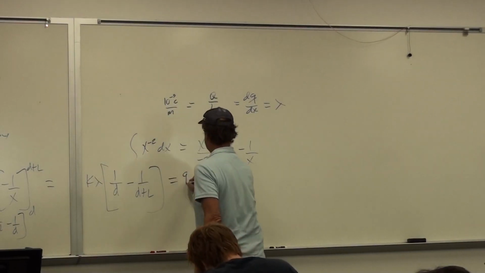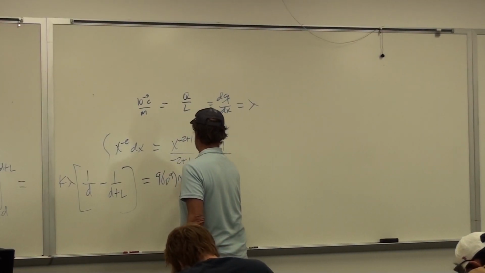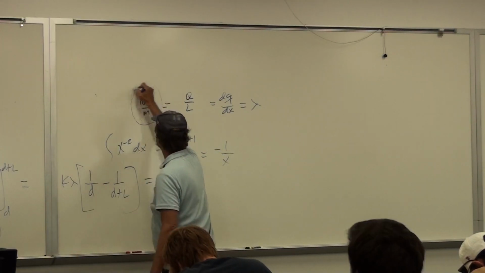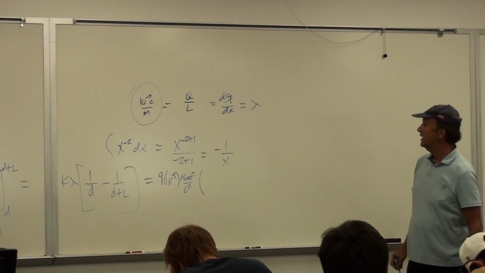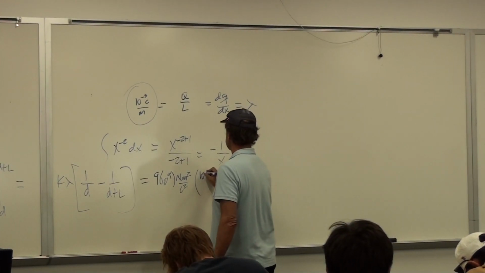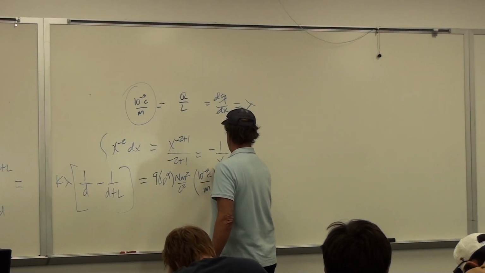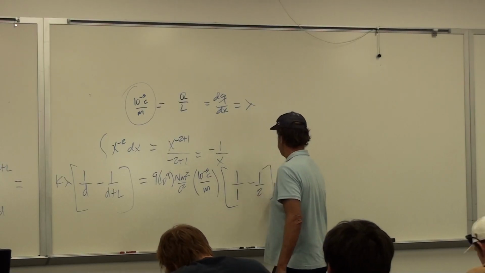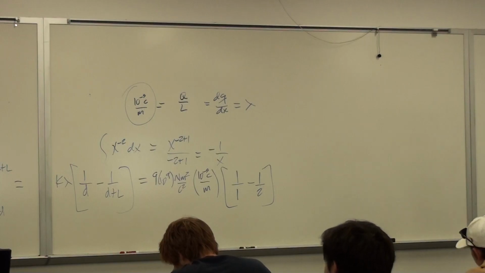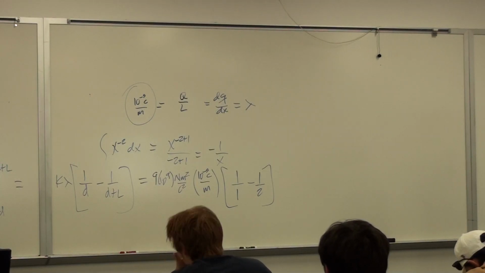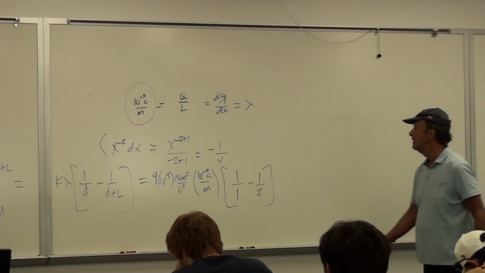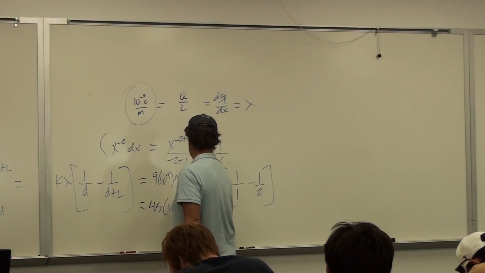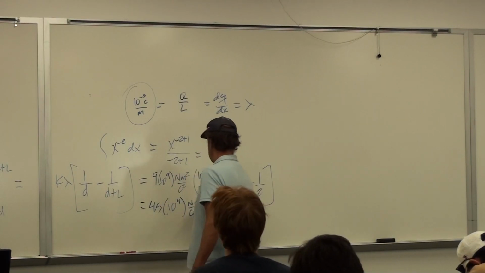And this is going to give me 9 times 10 to the 9 Newton meters squared per Coulomb squared times lambda. That's total charge over total length, 10 to the minus 5 coulombs per meter. Should write in the units. Times 1 over 1 minus 1 over 2. Okay? Because D is 1, D plus L is 2. So that's just 1/2. So that gives me 9/2 or 4.5 times 10 to the 4 Newton per Coulomb for